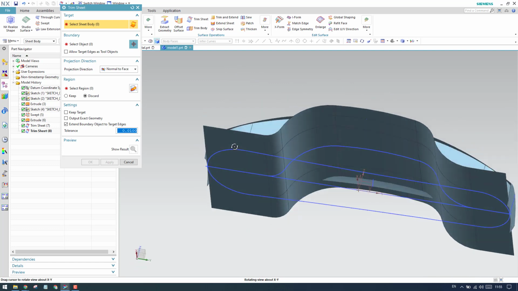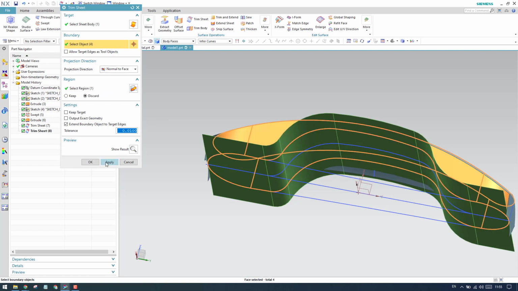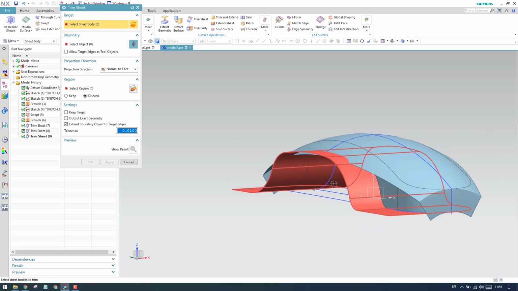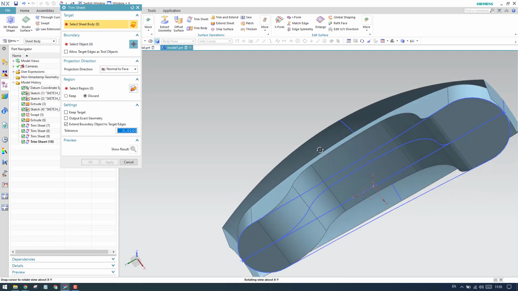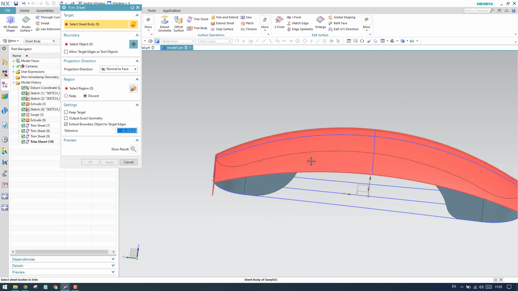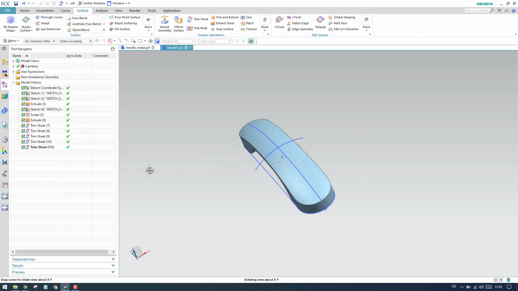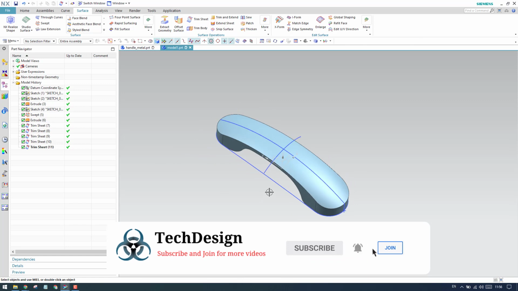So in the same way, I will just trim this sheet using this sheet, click apply. In the same way, I'm just going to do it on the other side as well. Okay, it's trimmed off. Now we are left with this sheet. So I'll just select this sheet and select this entire sheet, click OK. Now as you can see here, we are good in shape with whatever we required.